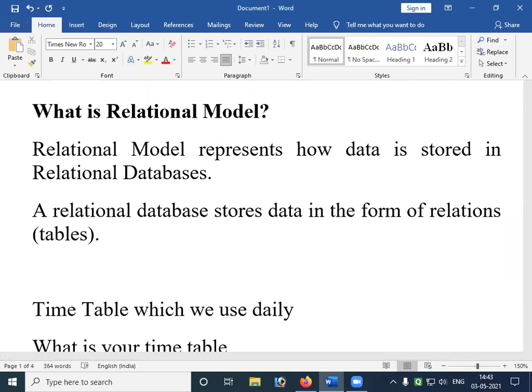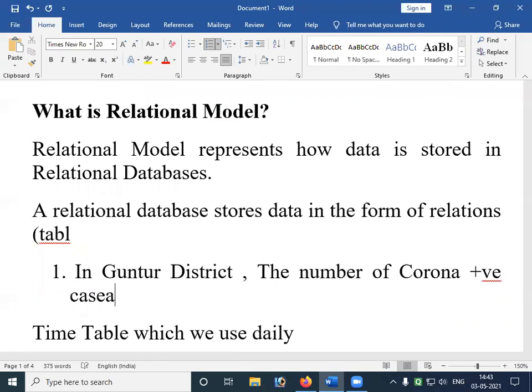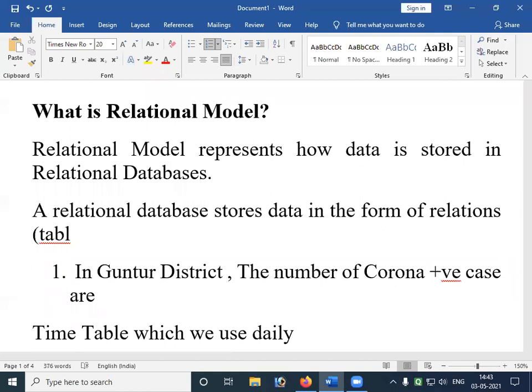One way is, in Guntur district, the number of positive cases are some 24,000.